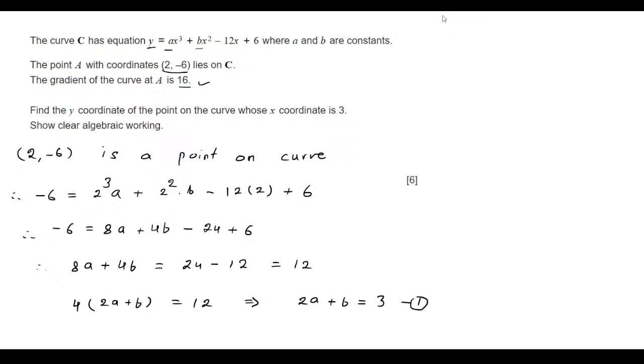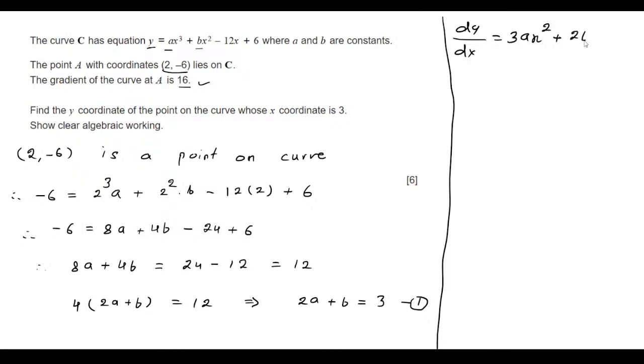Now I will differentiate this. I will find dy by dx. So dy by dx will be 3a times x squared plus 2b times x minus 12. Yes, this is my derivative, and I need dy by dx at point A. Now the coordinate of point A is (2, -6). So x I will replace with 2. So 2 squared is 4, 4 times 3 is 12. So it is 12a plus, x I am replacing with 2, so 2 times 2 is 4b